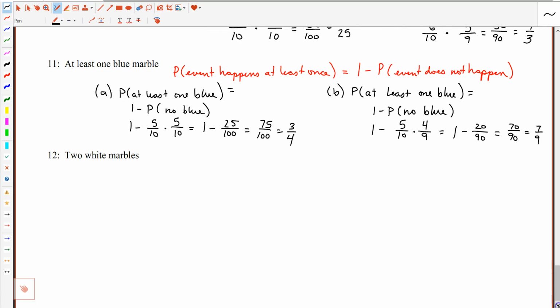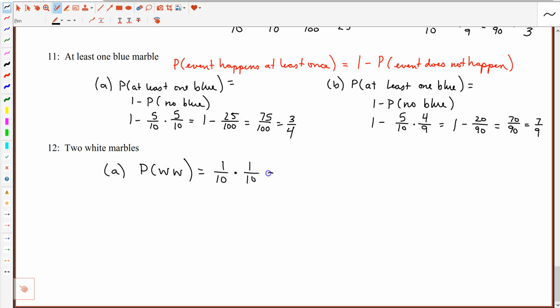All right, last one. What's the chance of getting 2 white marbles? So for part A, this is going to be with replacement. So the probability of getting white and then white again. So the chance that the first marble is white: you've got 10 marbles in the bag. Let's come up here. You've got 1 of them that's white. On the second stage, you still have 10 marbles in the bag, and 1 of them is white, because this is with replacement. So that white marble that you pulled on the first draw went back into the bag and got shaken up again, so you still have 1 white in there out of 10 marbles total. So multiplying through, you'd get 1